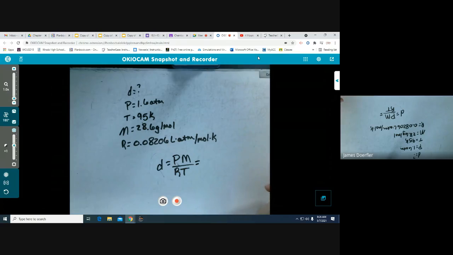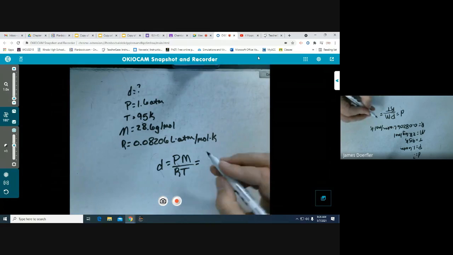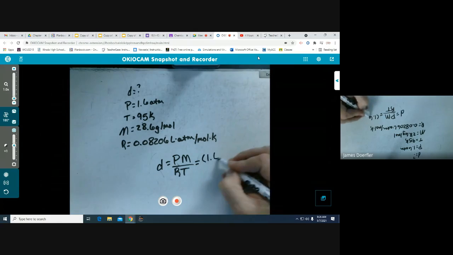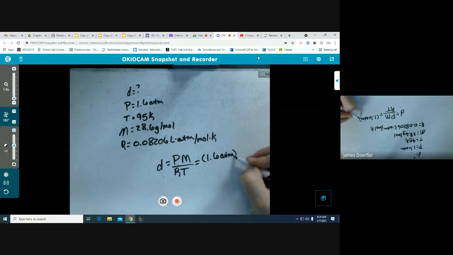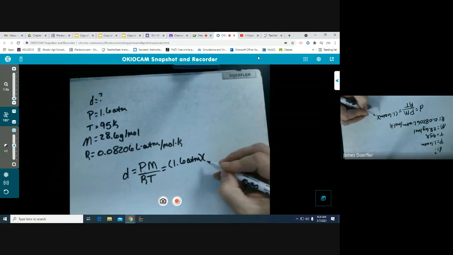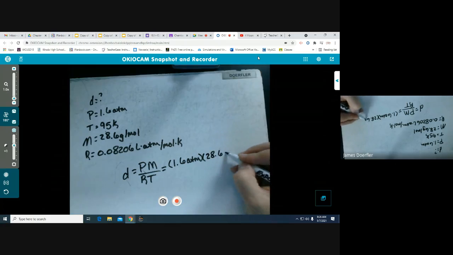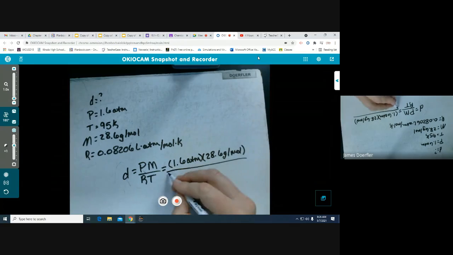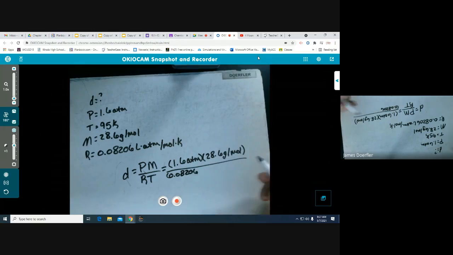And since we already have that set up, we go ahead and put our values in. 1.6 atmospheres times our molar mass of 28.6 grams per mole, all over R, 0.08206